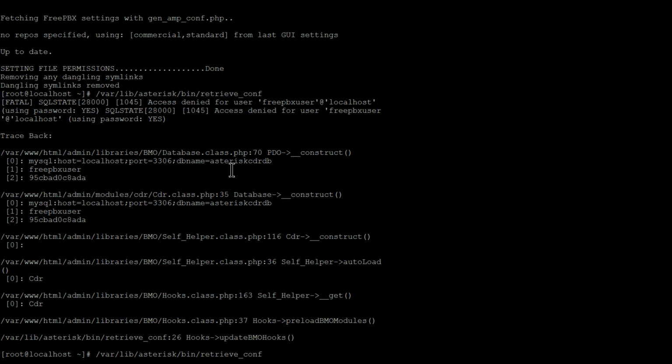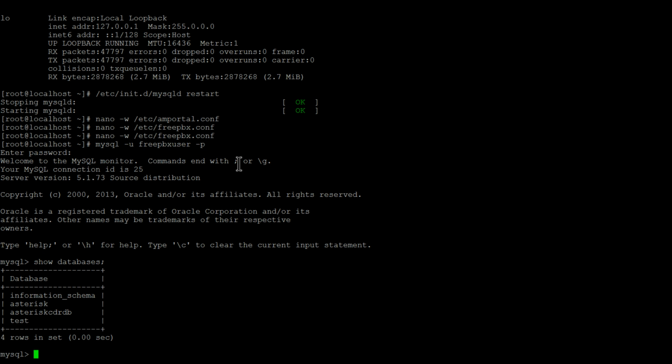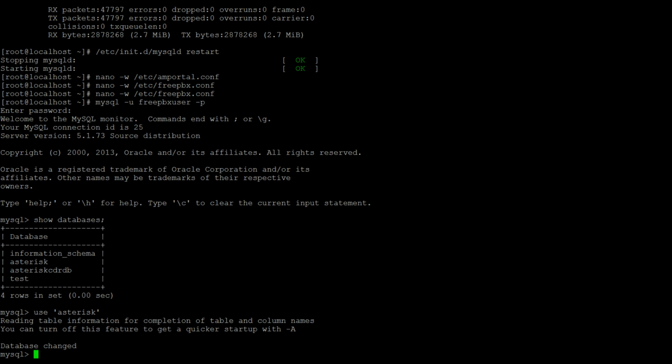See up here where it was failing, and it says DB name asterisk CDRDB. We should change the password for both databases anyway. But let's just use the asterisk database for now, and then I'm going to change it in asterisk CDRDB as well. So what I'm going to do here is I'm going to update